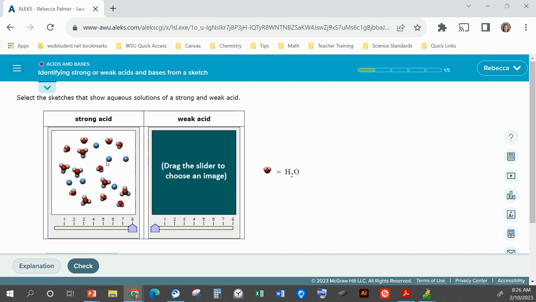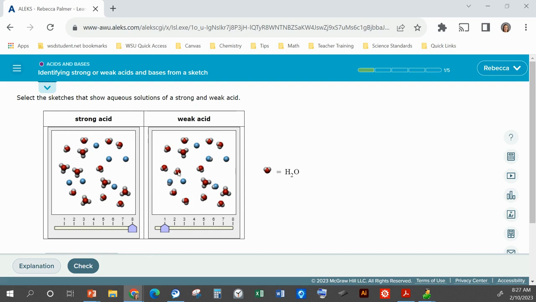Okay, so here all of these blue ones don't have a hydrogen, and all the hydrogens are attached to a water as a hydronium. That would be a strong acid. So I think that strong acid is the easiest. Weak acid looks really similar to a strong acid, except that it has a few of the original acids with the hydrogen attached. So if we go through,